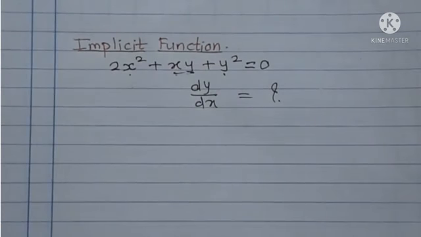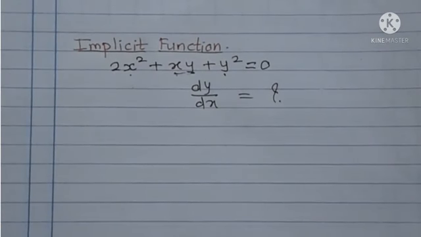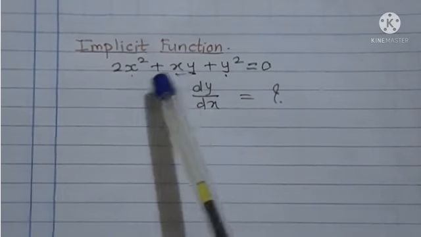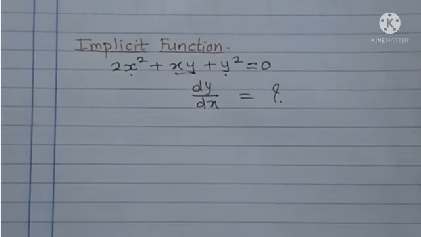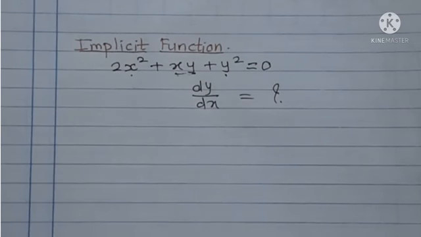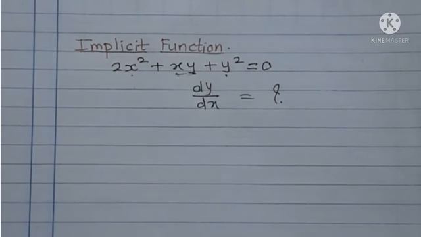This is the logarithmic function and the implicit function. You remember only one thing: whenever there are two functions in exponential form, we take log on both sides, and whenever x and y are mixed in the function, then we take the implicit function. Now we will see examples based on logarithmic function and implicit function, that is examples in practice set 1.3.